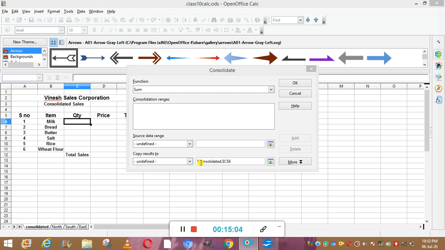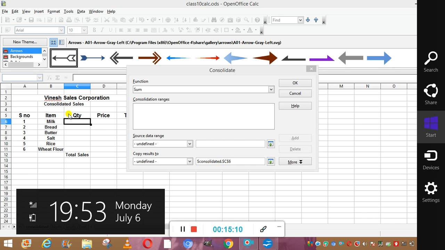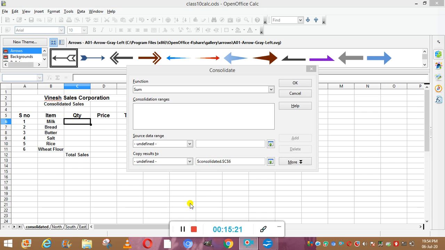Now you can see here $Consolidated.$C$6, because we have selected this cell, and this is the C6. Okay, that's why it is showing the Consolidated C6 address. Now in this, select the data source data range.